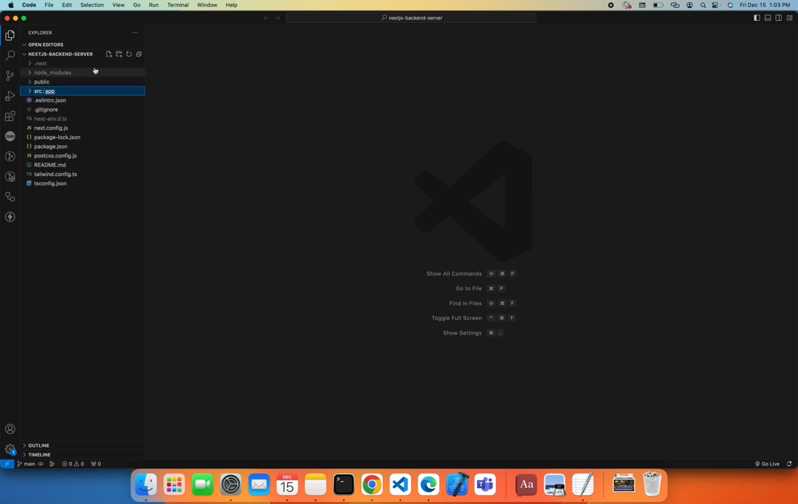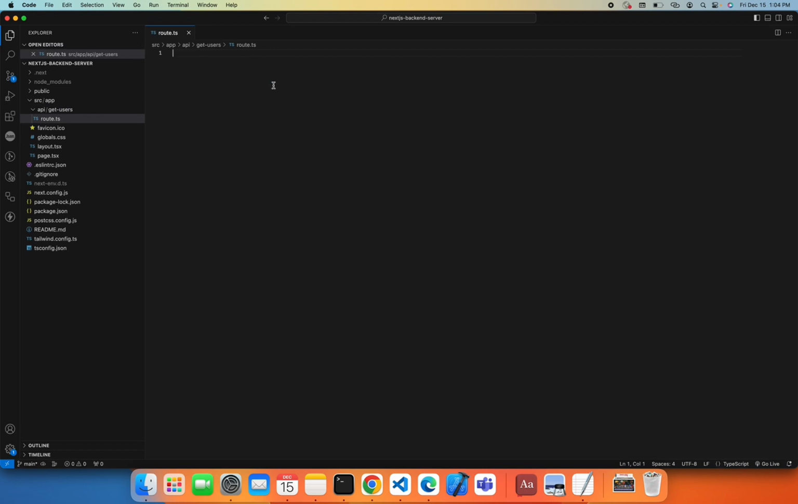So yeah, there's an app folder, and in the app folder I will just create a folder named API, and then in that API folder I will create another folder for this particular API. So let's say I want to get all the users, so I will name it get-users, and then in that get-users folder I will create a route.ts, or you can create a JS file. So in route.ts I will simply do